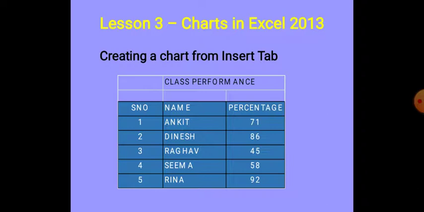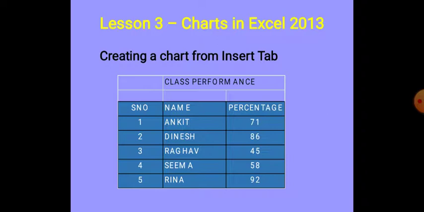Now children, we have also studied that there are some charts that are very useful, like the column chart. The column chart is the most popular chart and it is best when we have to compare one or more series of data. The pie chart is appropriate only for one series of data, and it is also popular. If you want to show trends over a period of time, we use a line chart.